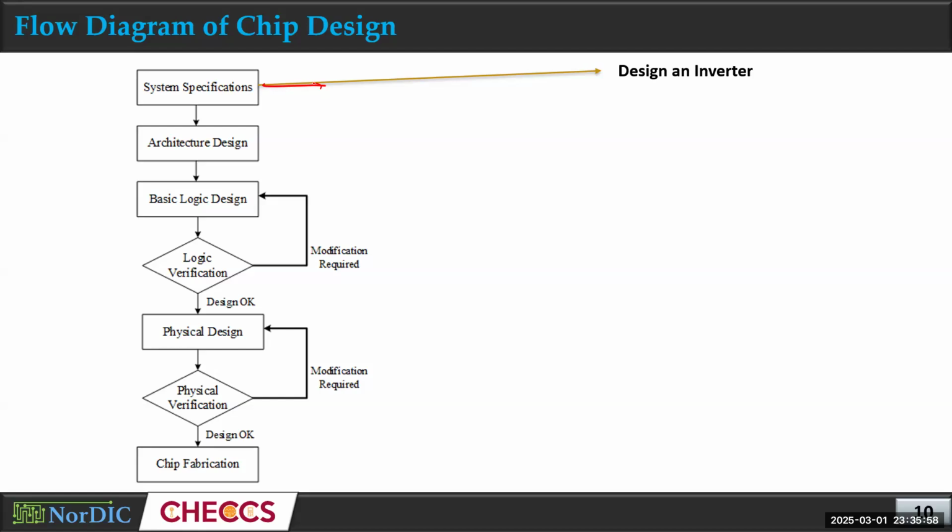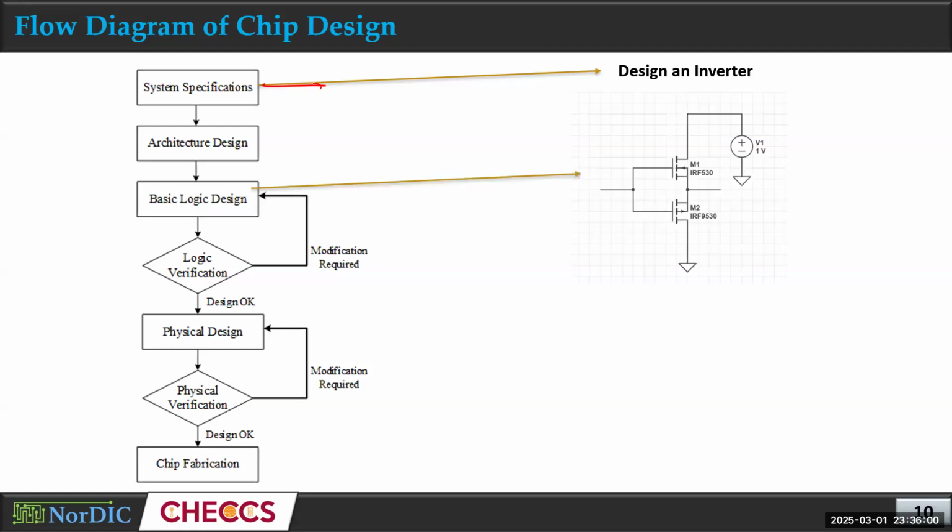Okay. Then the second step is the architecture design and logic design. Based on the specification that you are given, you will have to design this circuit. Here, since the specification is to design an inverter, you'll actually design something like this, right? So this is the inverter circuit. This is the second step. And the third step is logic verification,